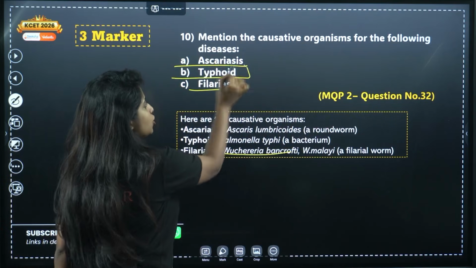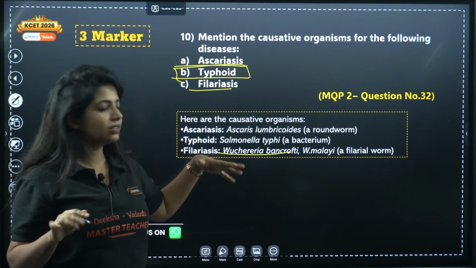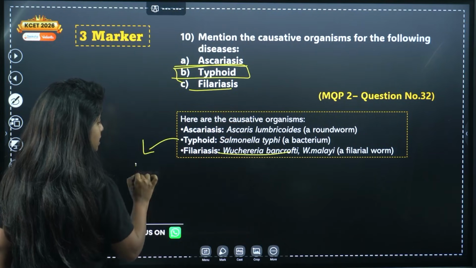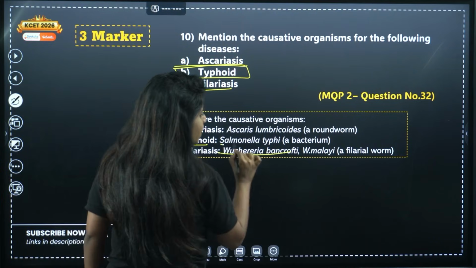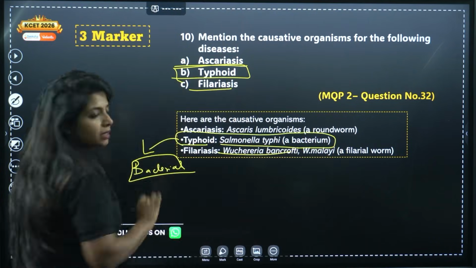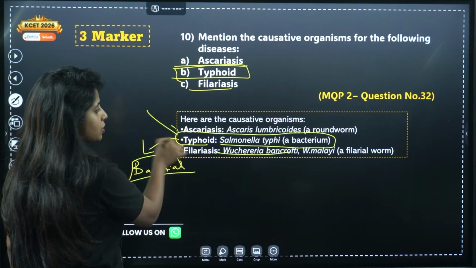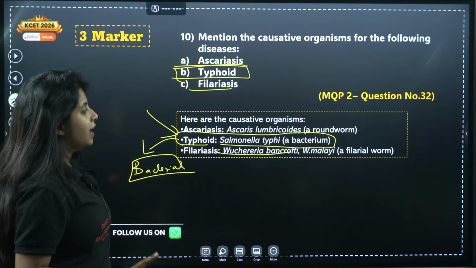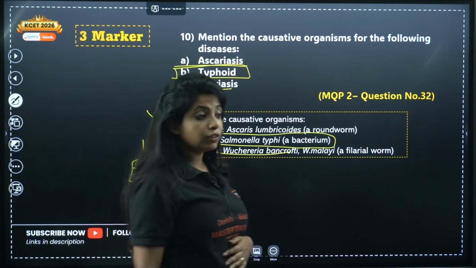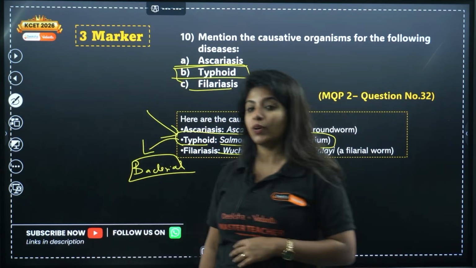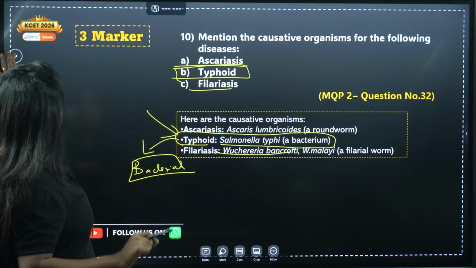Now typhoid, what is it caused by? It is caused by a bacteria. They are not coming under Aschelminthes and things like that. This is a whole different category. It's a bacterial disease. So typhoid is caused by Salmonella typhi, a bacterium. Okay, typhoid is caused by Salmonella typhi, please remember that. And what symptoms do you have in typhoid? You have a high sustained fever that occurs whenever typhoid is getting serious. So please remember those small things as well.